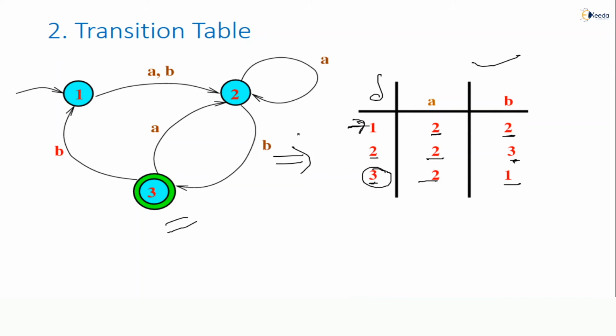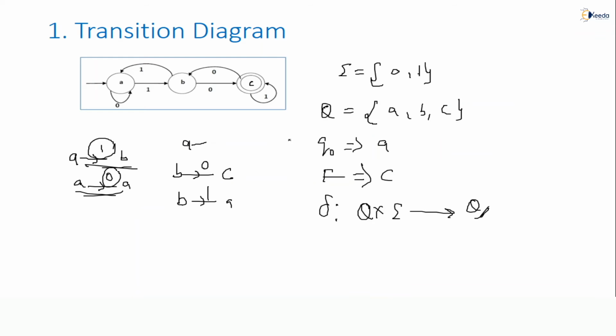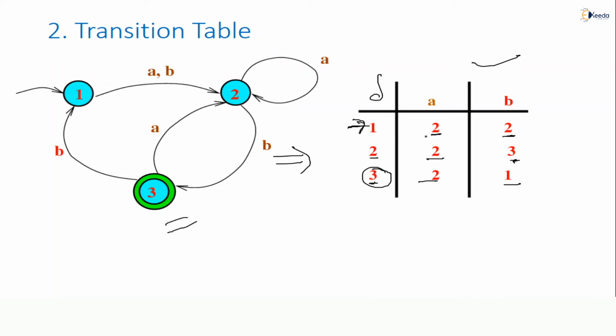But in our session I am always trying to take the transition diagram only, which is familiar and easy to represent, and we can understand it easily. Even the transition table is easy, but most of the time we represent in terms of the transition diagram. In future classes also, most of the time I am taking the transition diagram. For each transition diagram we can have an equivalent transition table, and if you have a transition table, we can represent it as a transition diagram also. That is possible. All of you are getting my point.